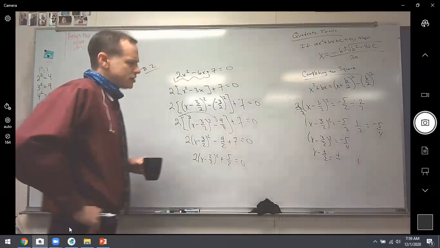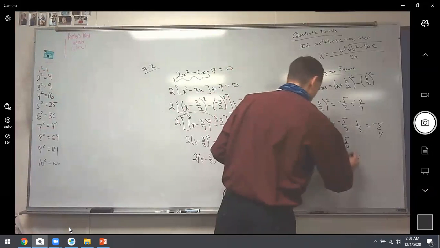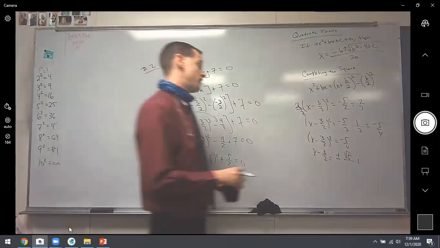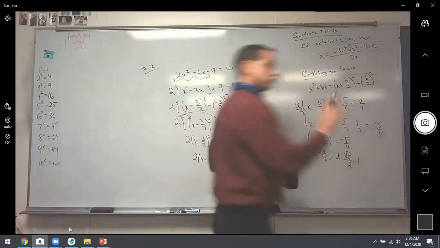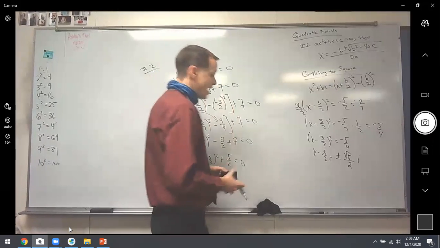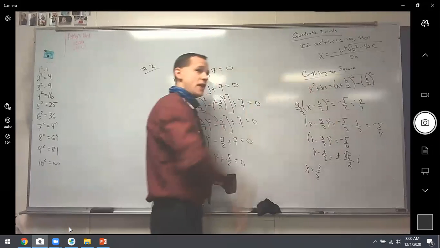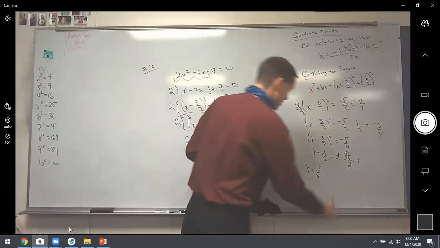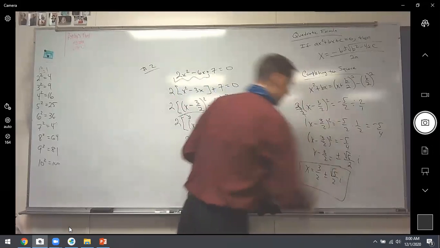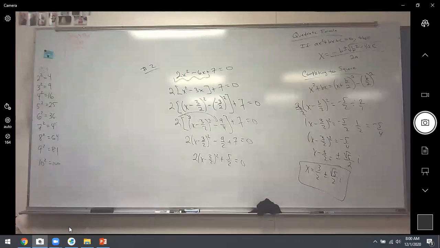If I look at this fraction, square root of 5, that's not pretty. There's nothing that goes into square root of 5, so we'll just leave it as square root of 5. But on the bottom, square root of 4 is pretty. Square root of 4 is just 2. So we can take the square root of the top and bottom separately like that, nice and pretty. And lastly, we're just going to add the 3 halves over. That makes it a positive 3 halves when we move to the other side. So the final answer is x is 3 halves plus or minus square root of 5 all over 2 times i. It's a disgusting answer,